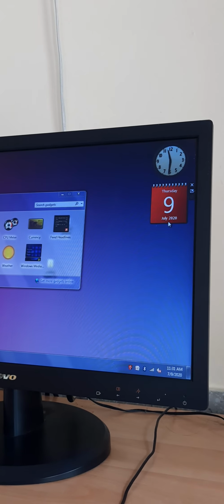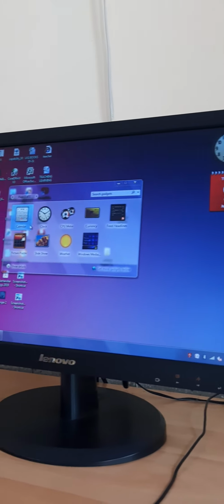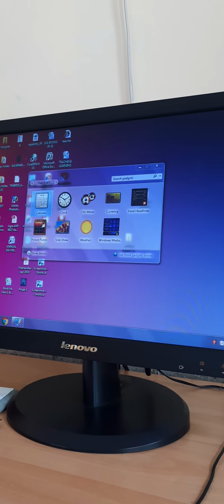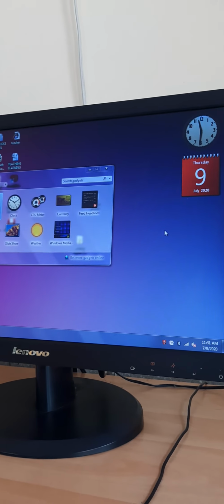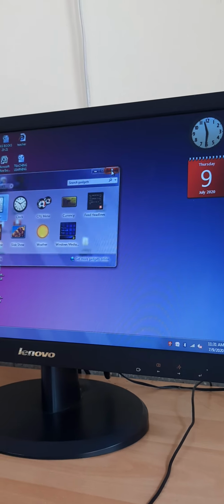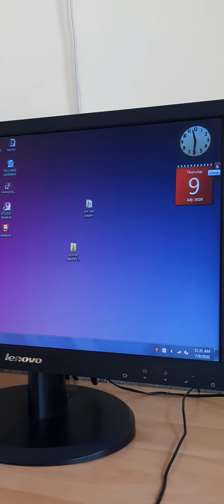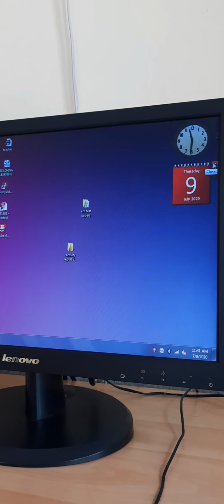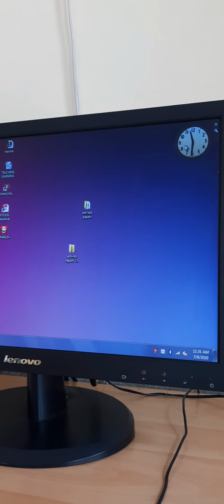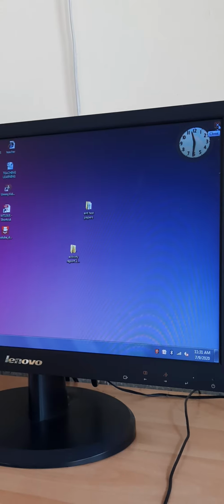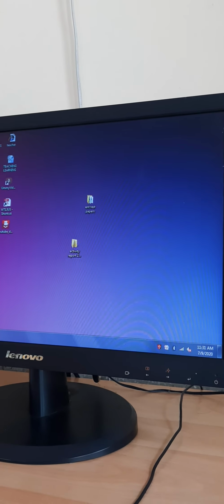Suppose you want to add this calendar, right click on it, add, and this will be added here. So these are small applications which we can add in the desktop background. Close this box, and if you want to close it, you will close it through this sign.